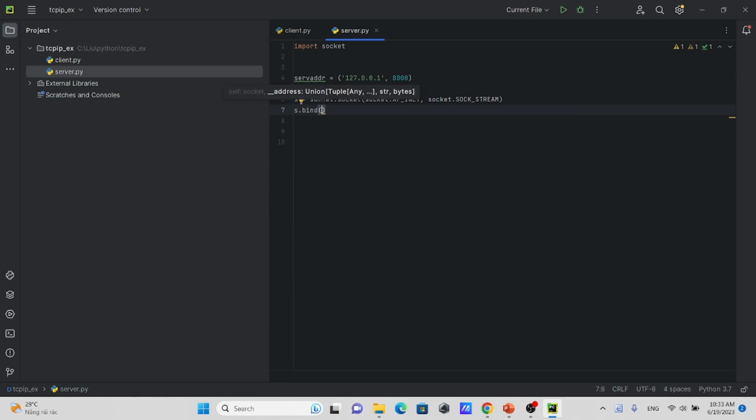The next step after creating the port, you have to bind this port to this socket, and after that listen to any connection from